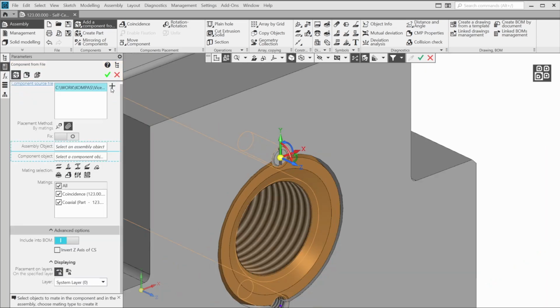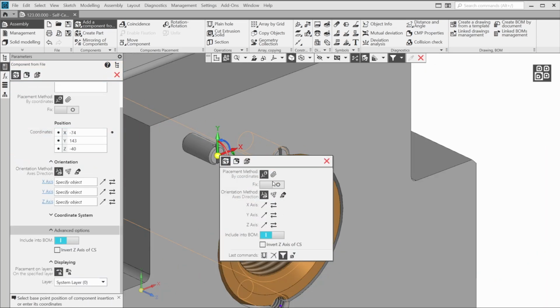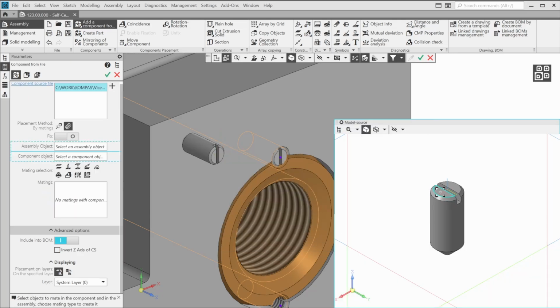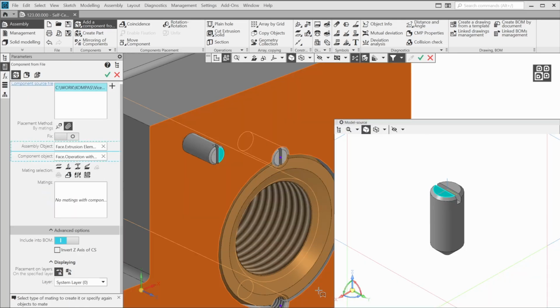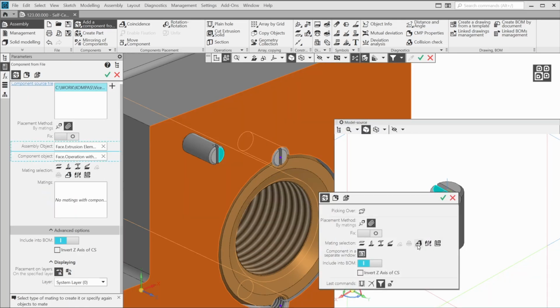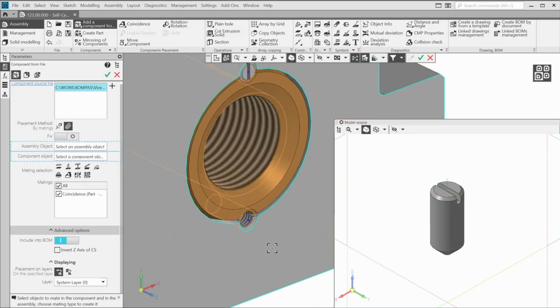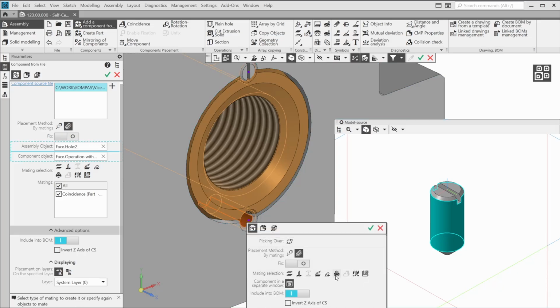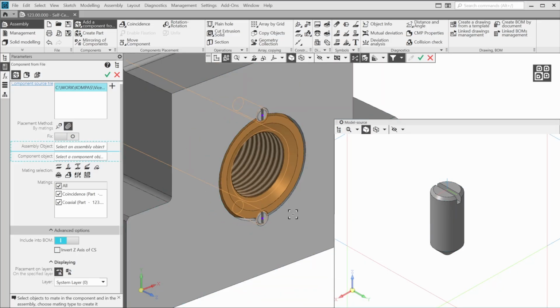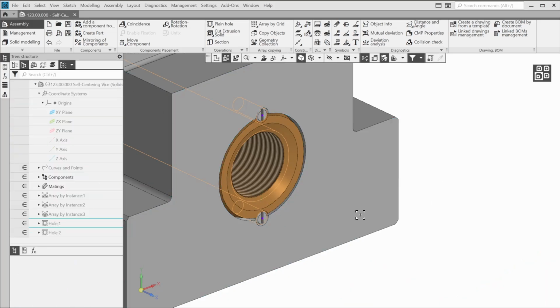Confirm. Repeat the same for the second screw. Confirm and stop the command.